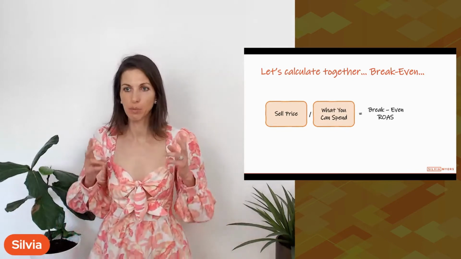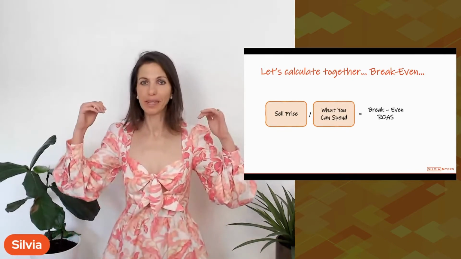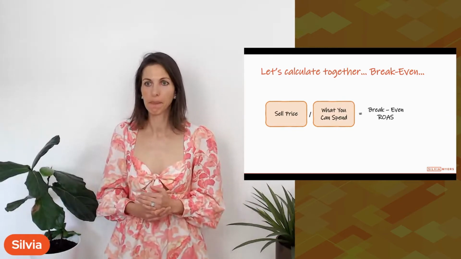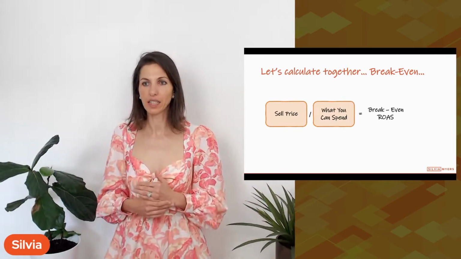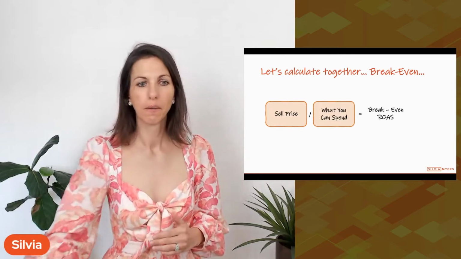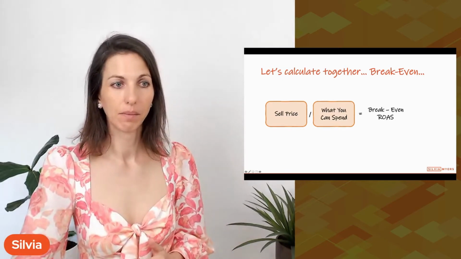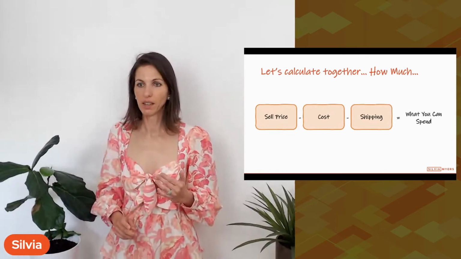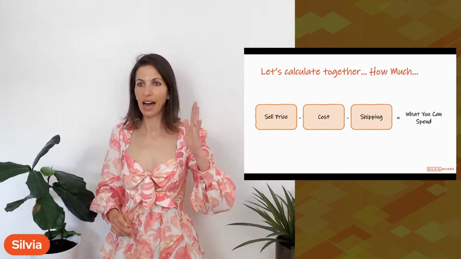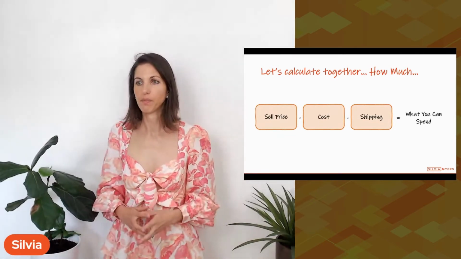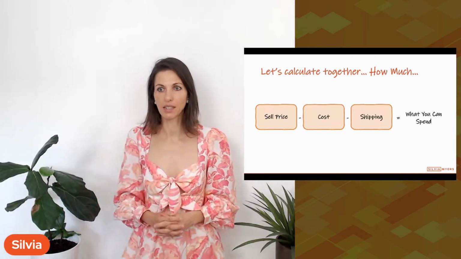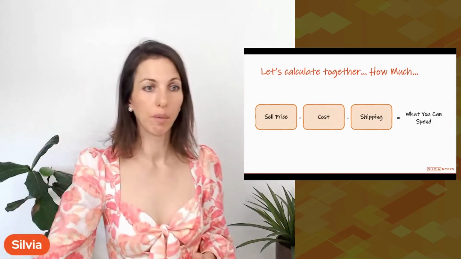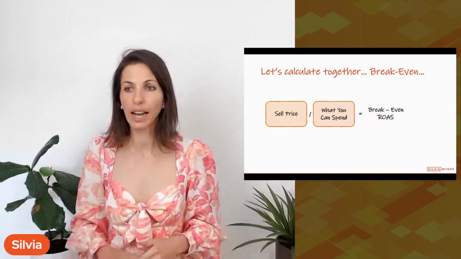Return on ad spend, this break-even ROAS, needs to be as low as possible. And this number, how much you can afford to spend, needs to be as high as possible. Does that make sense? It's because the break-even return on ad spend